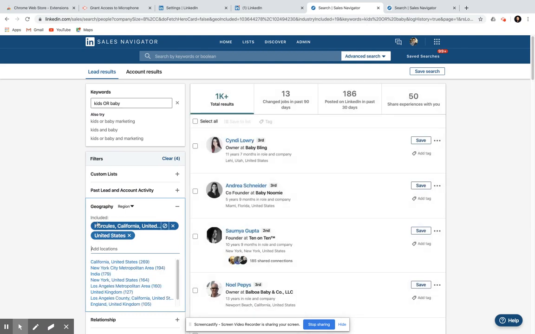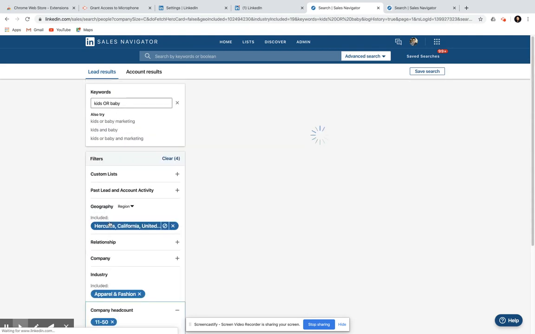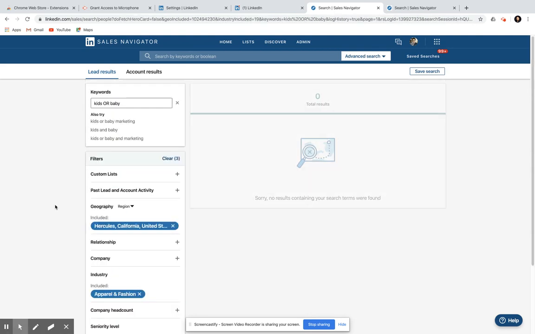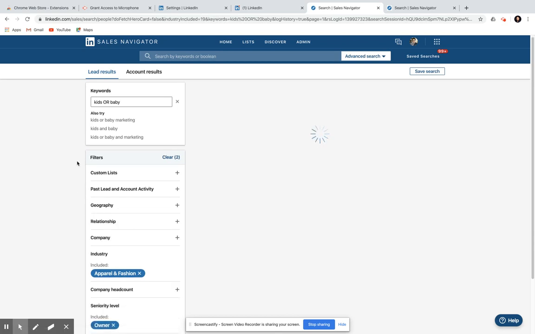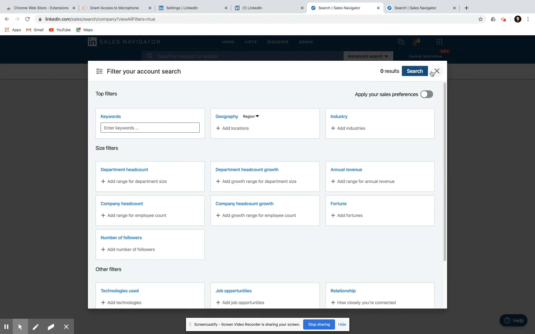I can even go to the towns and see if we have any founder or co-founder as well. We don't have any from Hercules, but you can always change the location based upon what you want to search. Then you have the account search.